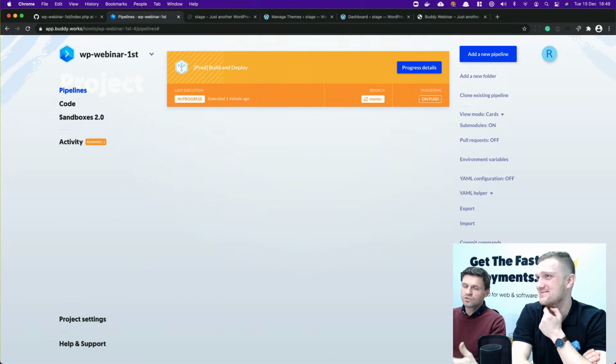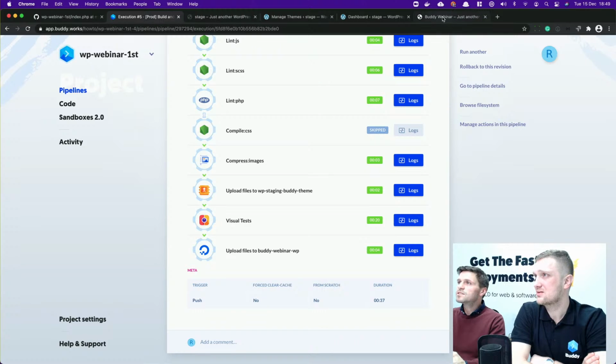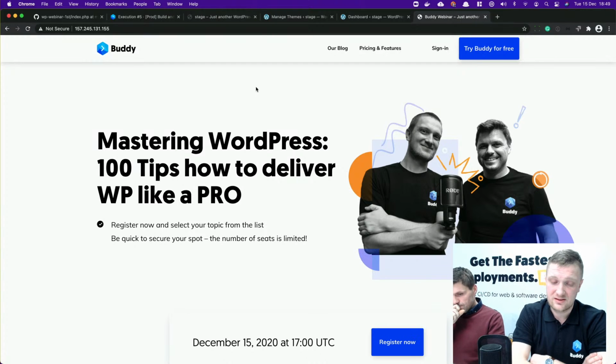After this approval, we'll upload files to the production server. Let's refresh it. Okay, this is our production, and it is live. So it all works. This is actually really impressive because the pipeline itself is